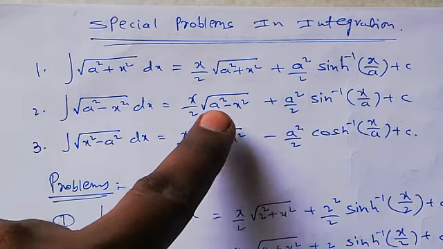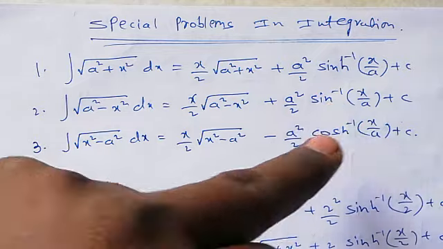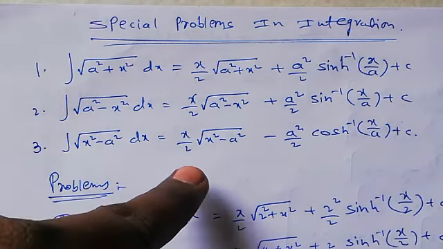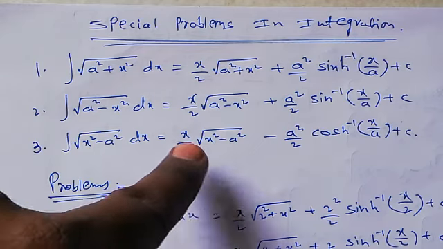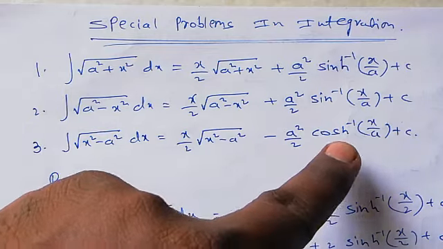2 into root a square minus x square plus a square by 2 into sin inverse of x by a plus c. Third, the integration of root x square minus a square dx is equal to x by 2 into root x square minus a square minus a square by 2 into cosh inverse of x by a